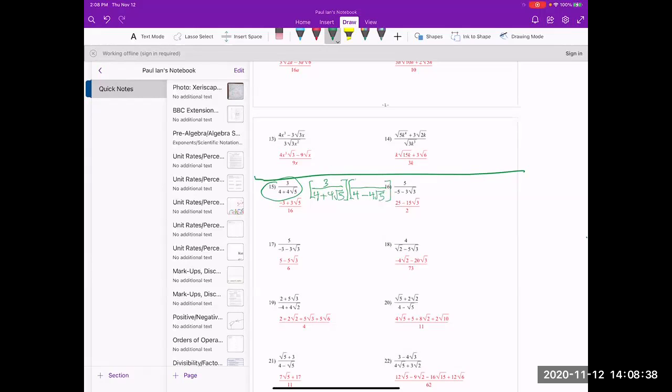So when you see something like that, just switch the sign of where the radical is. And then everything is the same after that. So the bottom is 16 and minus 4 root 5 plus 4 root 5. And then you do minus,